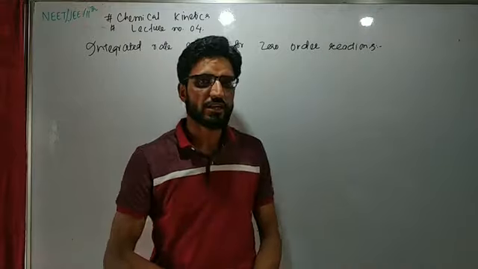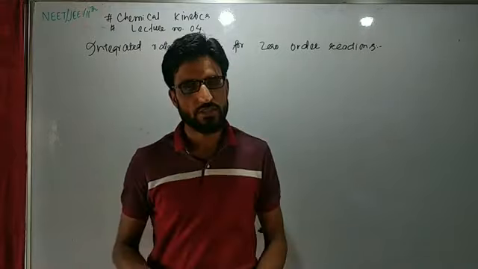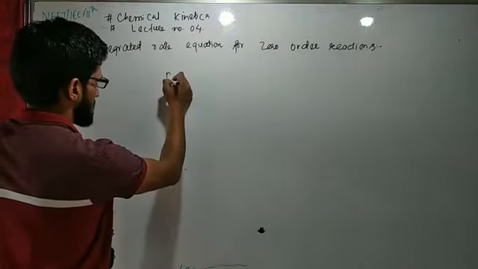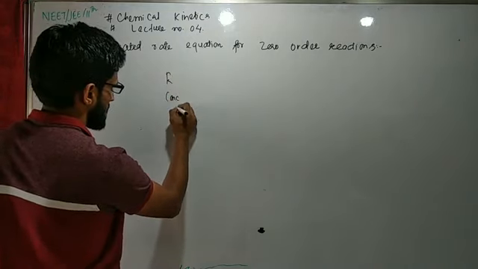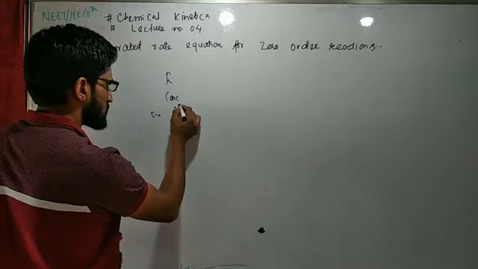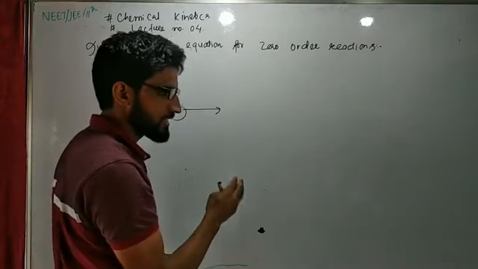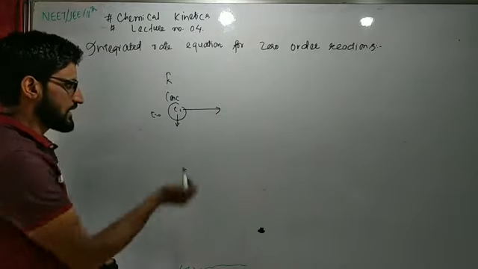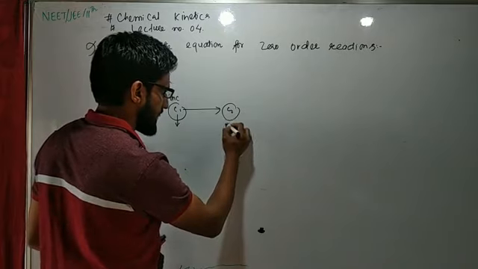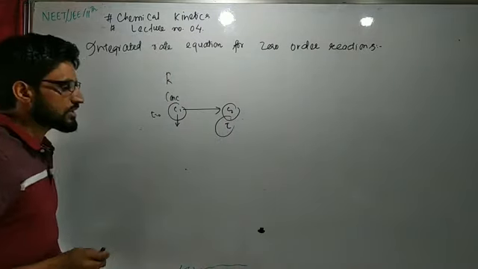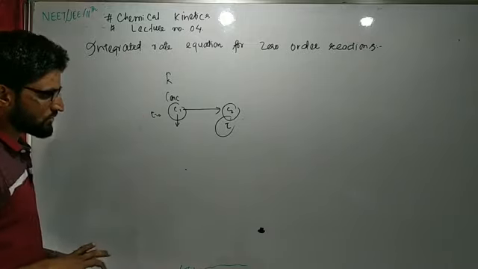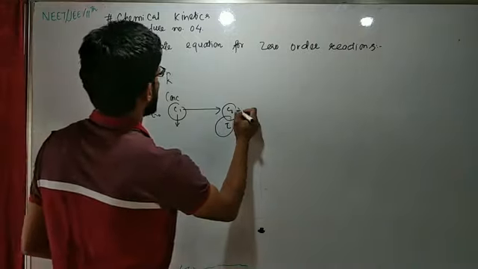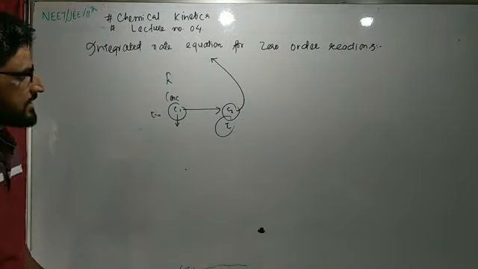Now what do we calculate from these integrated rate equations? For example, we start a reaction from a certain concentration. For example, you have a reaction, we will start it with concentration C at t equal to 0. After some time, the reactants are converted into products. After some time the concentration of reactants will be different as compared to its initial concentration. That means the concentration at time t will be different as compared to the concentration at t equal to 0. This concentration of reactants at different times is calculated from these integrated rate equations.